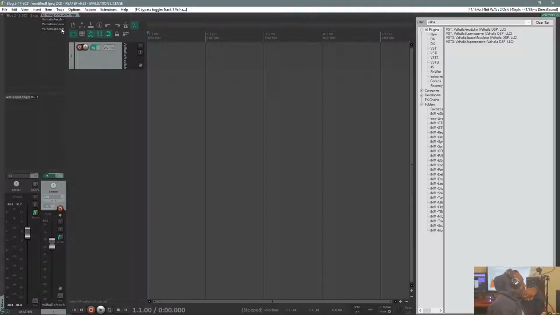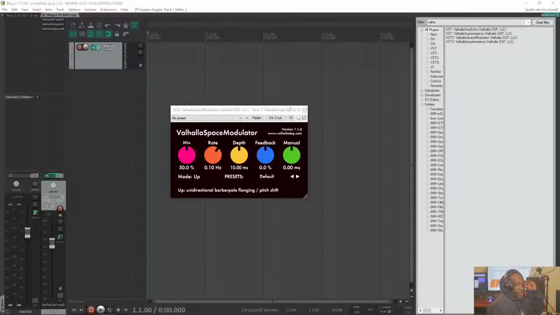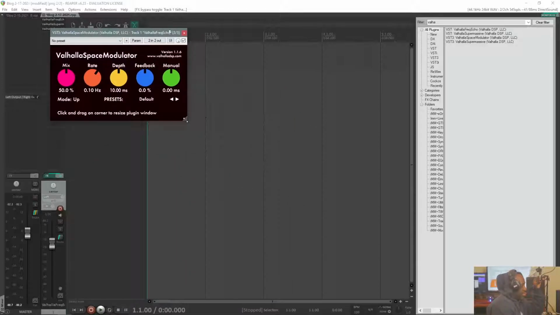So moving right along, we have the Valhalla Space Modulator. With the space modulator, this one is very interesting because